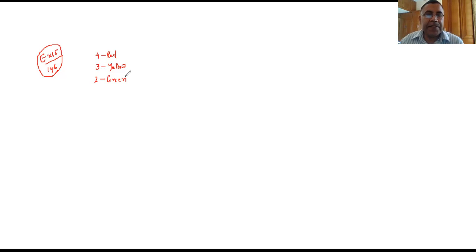So that means we have to arrange the discs in a row. You have to keep in mind that discs of the same color are indistinguishable. So first I have to find out the total number of discs with me. This is 4 plus 3 plus 2, 9. So therefore,